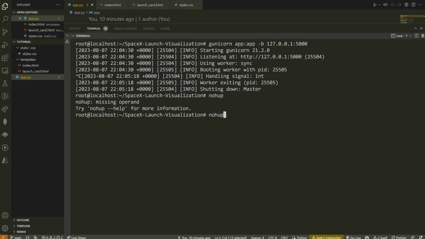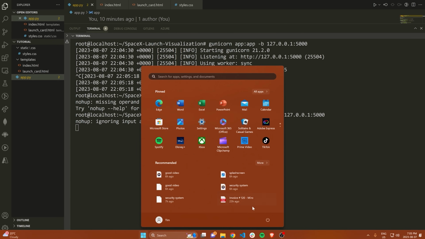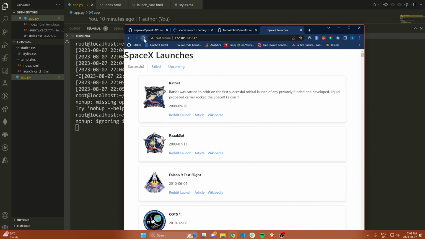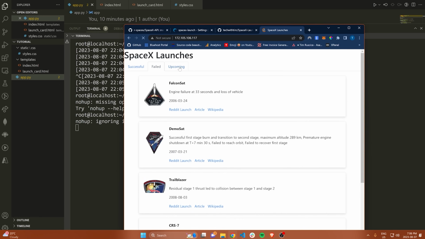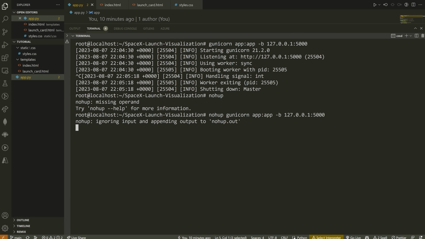So we're going to type nohup, and then we're going to put in the exact same command that we just ran. We're going to hit enter, and now this essentially disconnects this from the local terminal session, meaning that even if we close this SSH session, our website will still continue to run. So if I go ahead here and hit enter, you're going to see we get this little message that pops up. That's fine. But now if I go here and we refresh again, you can see the website is loaded. It's popping up. We're not getting any kind of issues here. And there we go. And then I can go ahead and close this SSH session if I want to, and it will still be running.